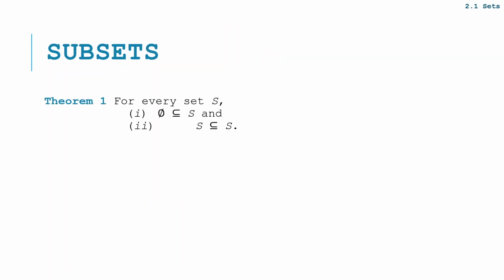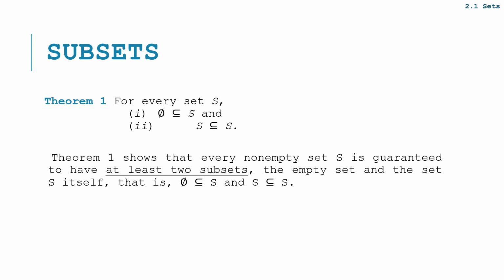There are also special theorems when we talk about subsets of a set. Here we have theorem number 1. For every set S, the null set is a subset of S, and the set itself is a subset of S. Theorem 1 basically shows that every non-empty set, meaning not the null set,